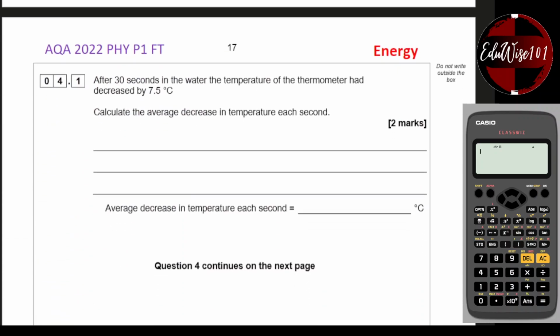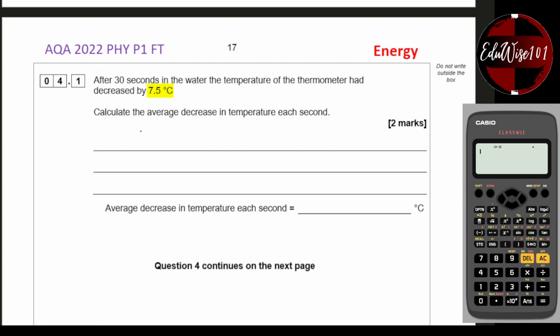So question 4.1: after 30 seconds in the water, the temperature of the thermometer had decreased by 7.5 degrees Celsius. Calculate the average decrease in temperature every second. So if it took 30 seconds for the temperature to go down by 7.5 degrees, how much did the temperature drop every second? To find that,